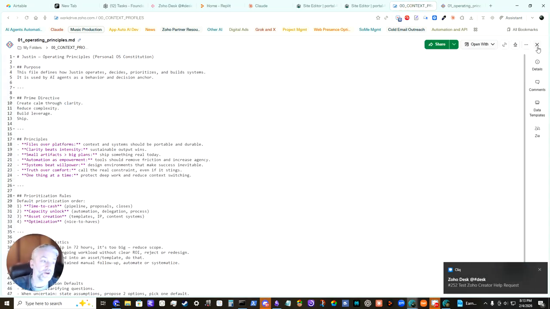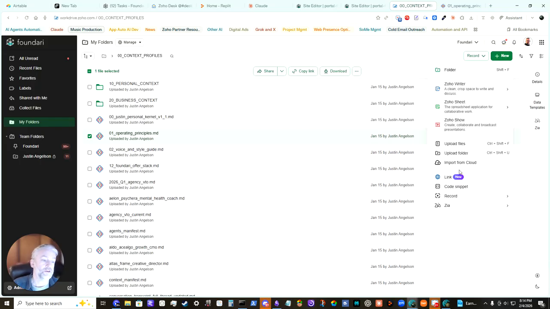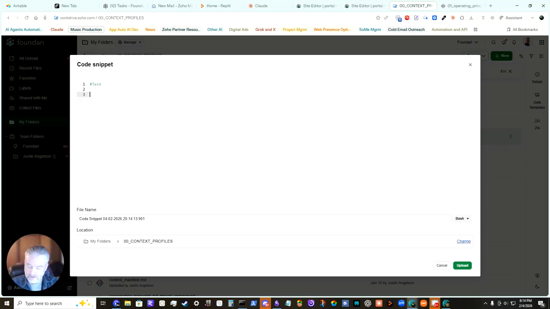I thought it was really awesome. One additional thing that I think it's important to know is that if you're inside of Zoho WorkDrive and you're going to create a new folder, you can actually create a new Markdown file pretty easily. So if you open up the new option, the interface will give you an ability to then turn on code snippet or make a new thing with code snippet. If you go in here and you start to just type in the Markdown type formatting,